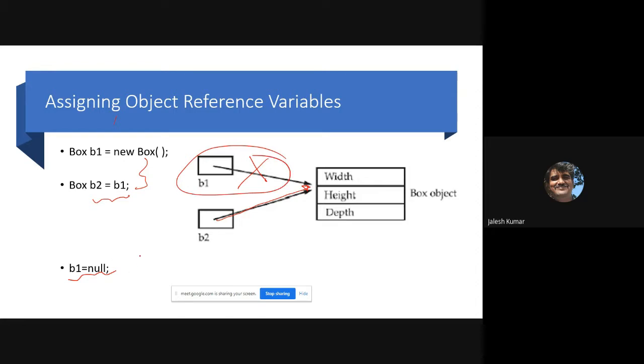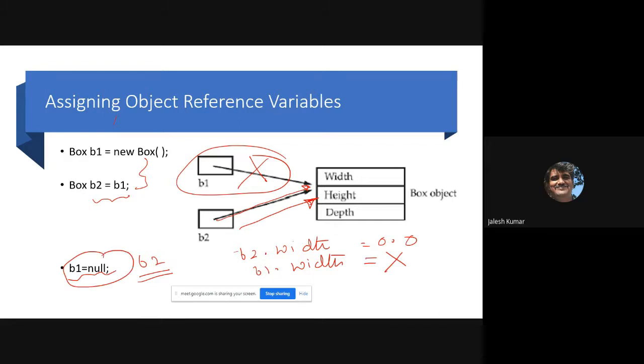Whether b2 resides or not, b2 is still pointing to this. You can access b2 dot width, and you will get 0.0. But it is not possible with b1, because we already made it null. Okay, that's where the difference is in assigning object reference.